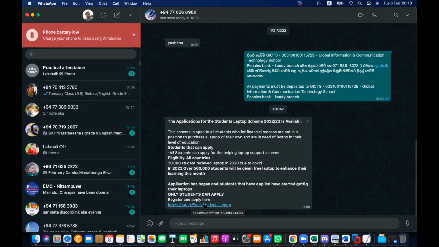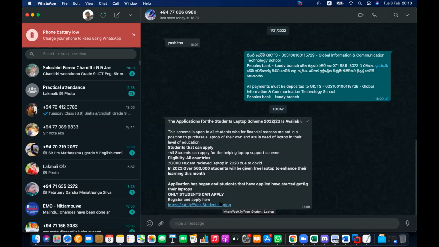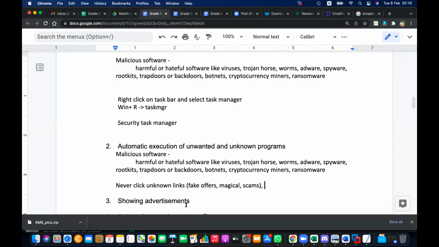Sorry? Yes, but it starts with HTTPS, sir. cutt.ly is a link shortener, I think. That's why I'm telling you, this is link shortening. I cannot trust these links, because we don't know where I will be redirected. So I didn't click it, due to that reason. So even though it started with HTTPS, that is the problem. Can a robber come with a police kit?